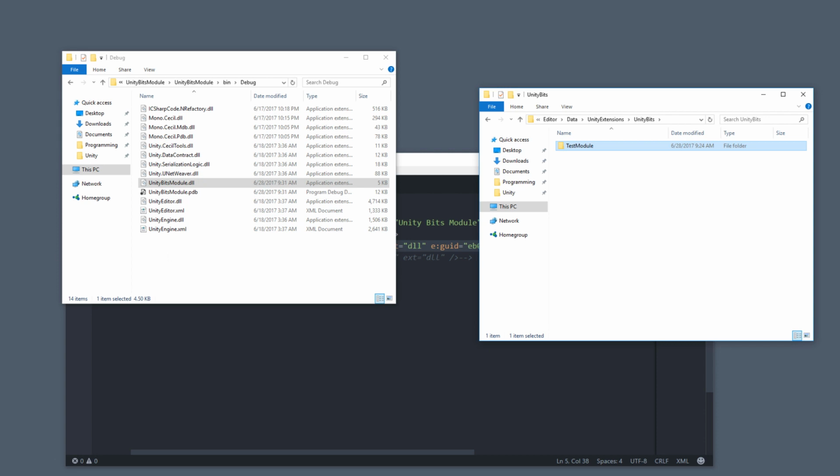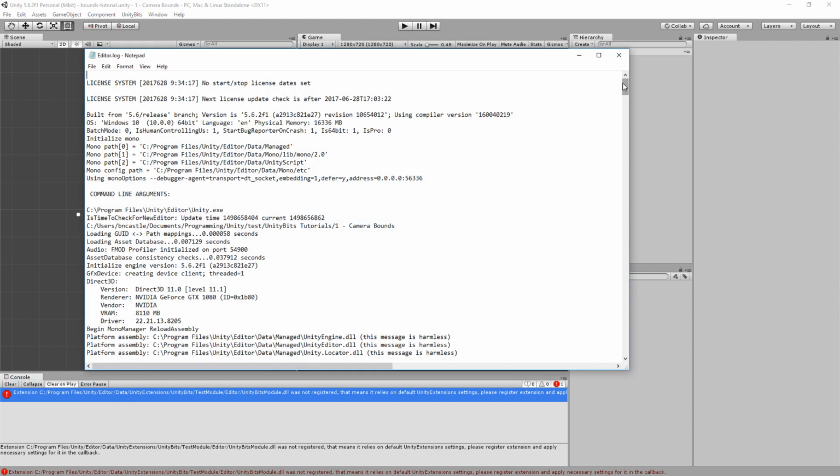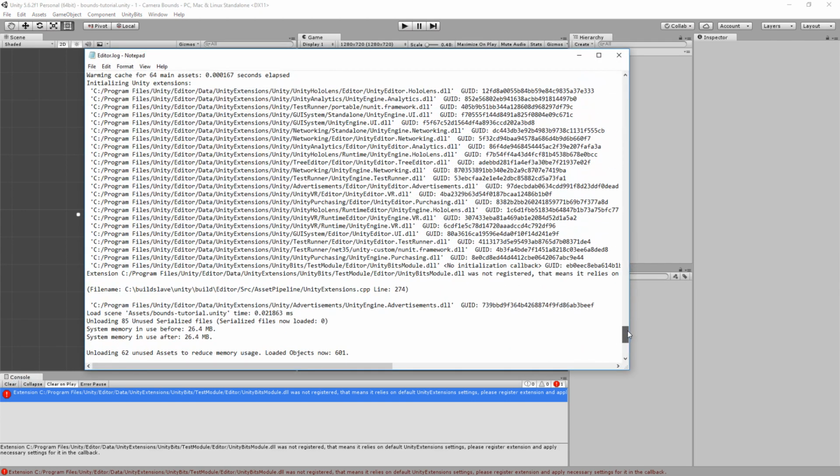And then I'll open it again, and Unity should pick it back up and see that the Ivy file has changed, and then use that GUID. And then we'll also get an error, which again is something that we can ignore at this point. See, there it is. And if you want to look into this stuff, you can right click on the console tab and you can say open editor log, and then we can come down here near the bottom,